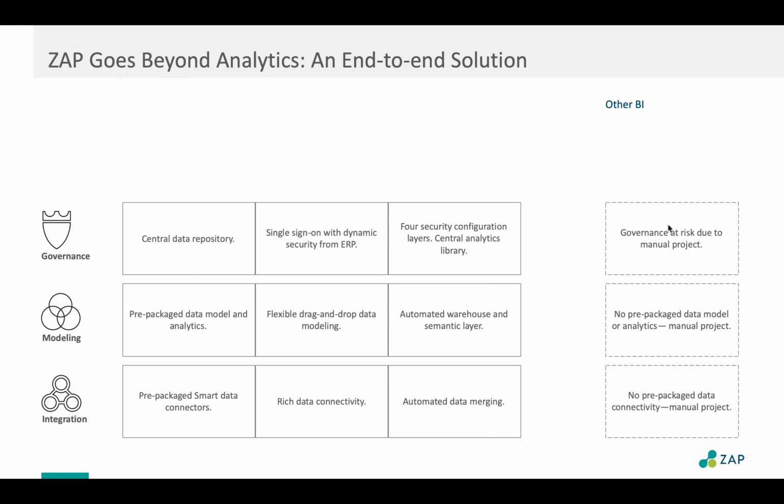And who is it? So, for example, something we come across quite often is a sales territory by salesperson report. Loads of times, very simple report. And you want your salespeople to see only their custom data, but you want the manager to see everything. How do you control that? And that's where the governance piece comes in. In terms of other BI tools, again, that element would be a manual project.